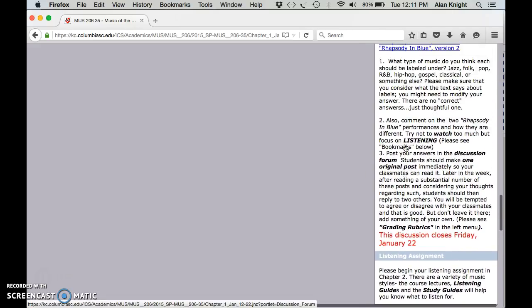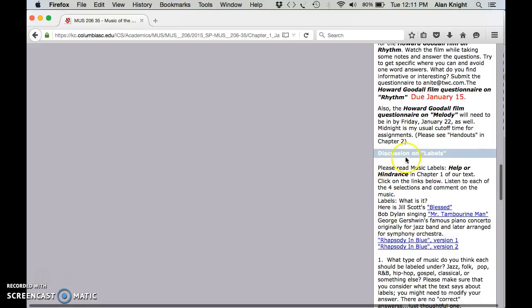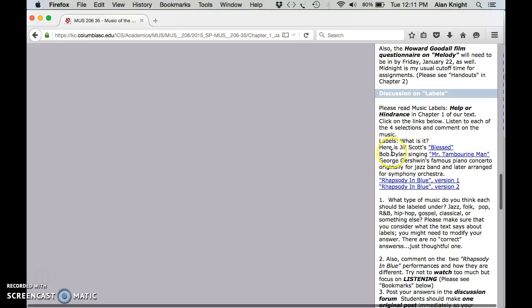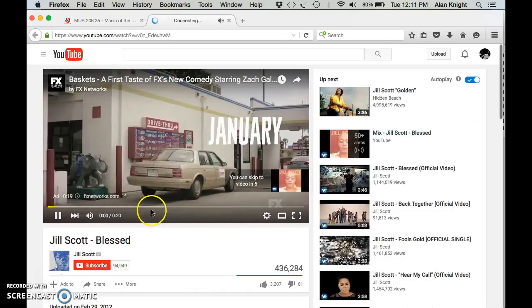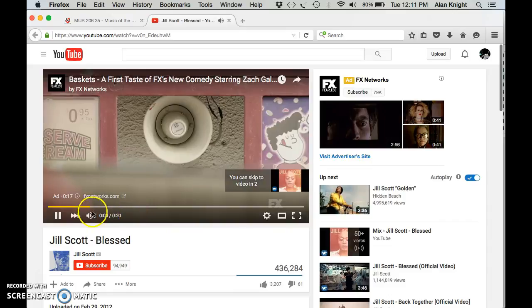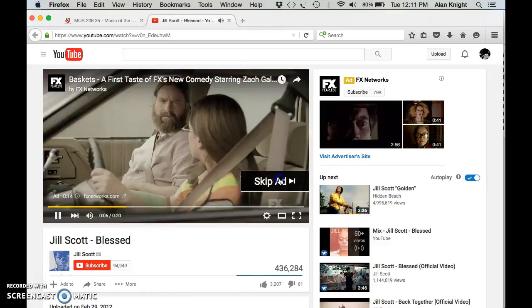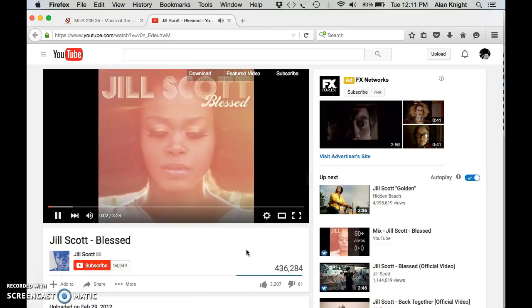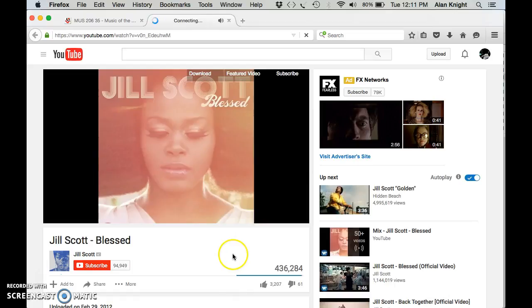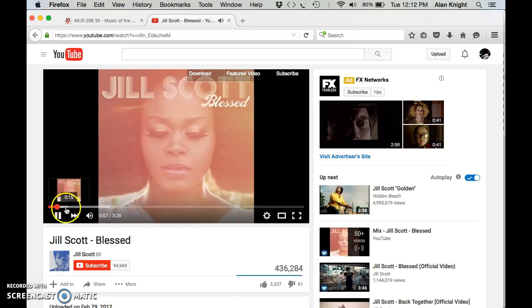Now that's mentioned up here, right here, discussion on labels. Please read music labels in the text, chapter 1. I'm not sure what page that's on, but it's in the first chapter. Labels, what is it? And here are 4 examples. You can click on these and say, for instance, blessed. It'll bring you to YouTube. You'll have to watch a commercial. And it'll take you to a music example. All right, once you're done with that,